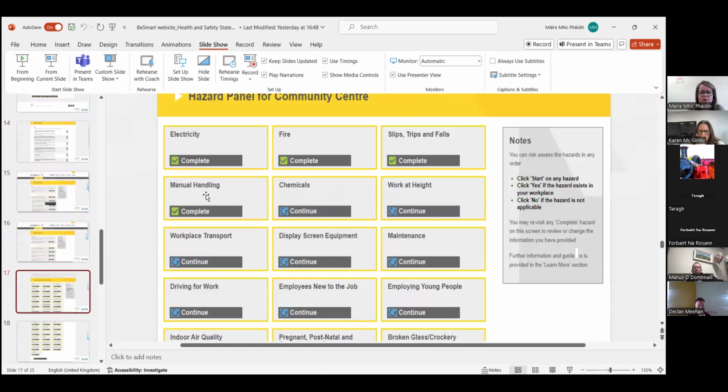So when you have all of the tabs that are relevant to you, or all of the hazards that are relevant to your organization completed, this is the screen that will open. You'll see electricity, then you've got the green tab here, that's complete. Fire is complete. Slips, trips and falls complete. Manual handling is complete. That's as far as I went for the purposes of this